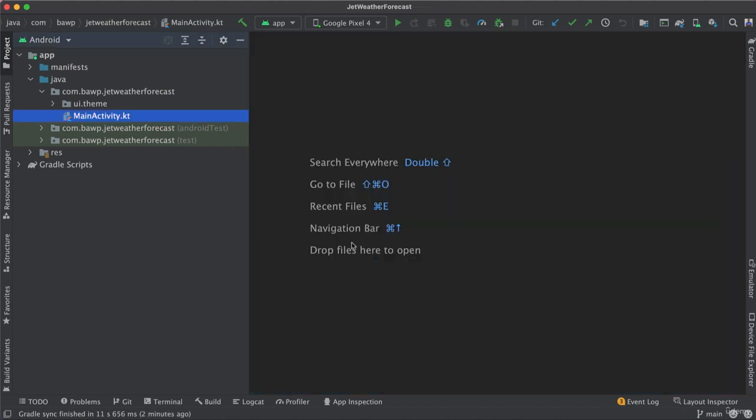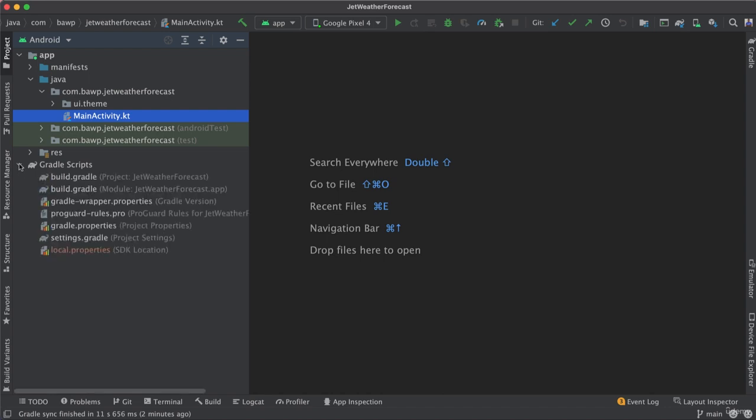Next, we're going to set up our dependencies because that's very important. We need to add all those dependencies, all those libraries we're going to need in order for us to be able to create this app. Okay. Now, when it comes to adding all of these dependencies to our project, it can be a cumbersome endeavor,